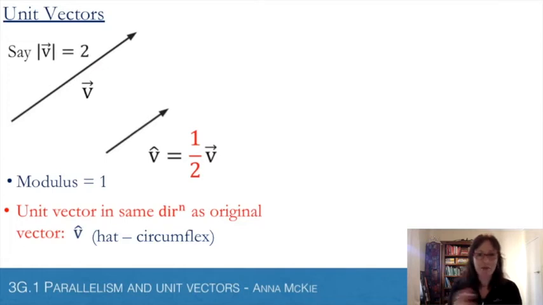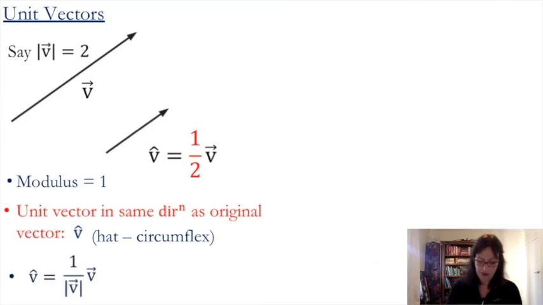But in vector land, we can't divide vectors. We have to multiply them. So the technique is it's 1 divided by the number. That magnitude will give you the unit vector. So that idea there that I've just talked about, 1 divided by the magnitude of the first vector multiplied by the vector itself, because it's a scalar multiple of it, will give you the unit vector, which will have the